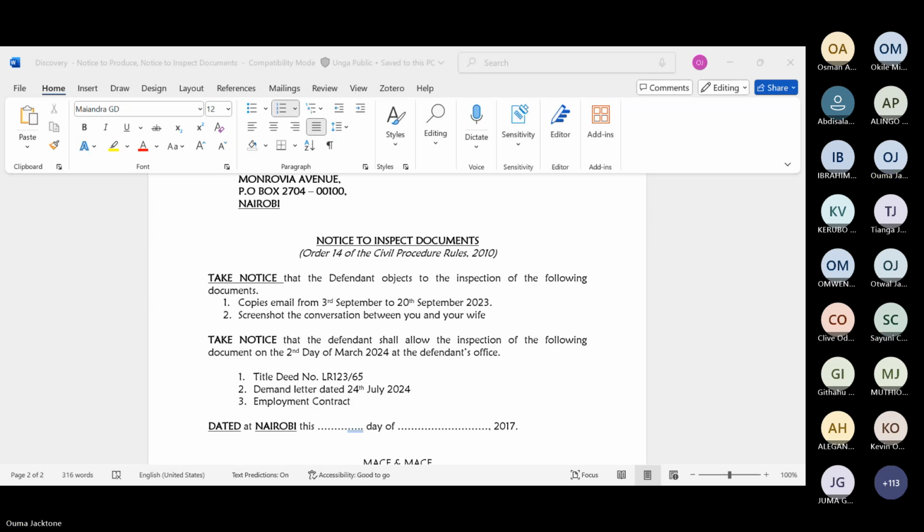Now, my question is this. What are some of the reasons you can use to refuse to produce a document? You've been compelled to produce. Now, what are some of the reasons you can put forth to refuse inspection? Number 1, the obvious things.